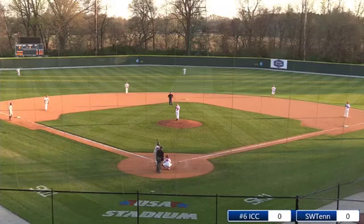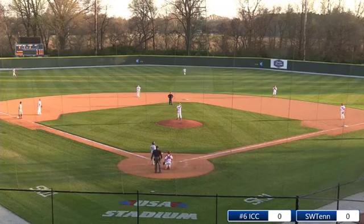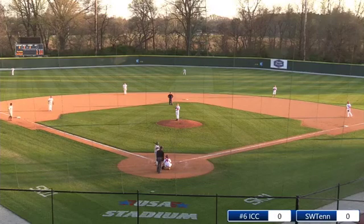So this is Siddell at the plate. Then Medlin will be in behind him as that pitch just misses outside. 1-2 now is the count. We do have a change in the lineup. We'll try to go over that with you